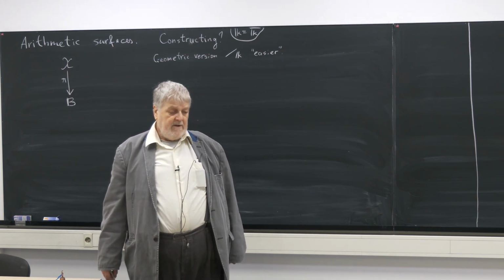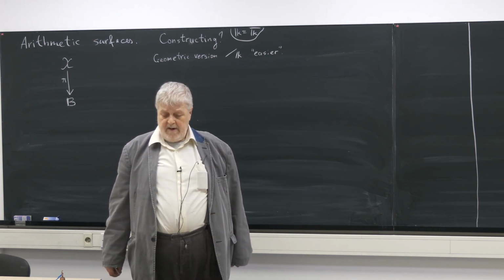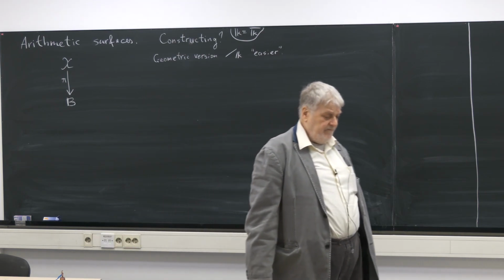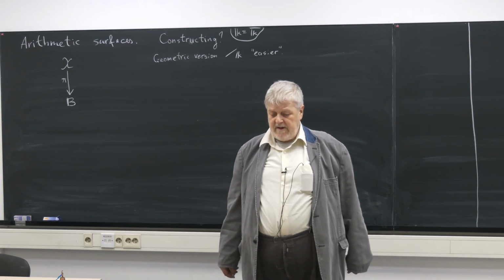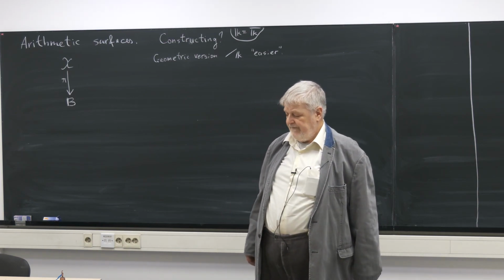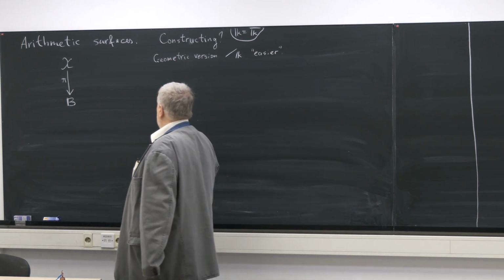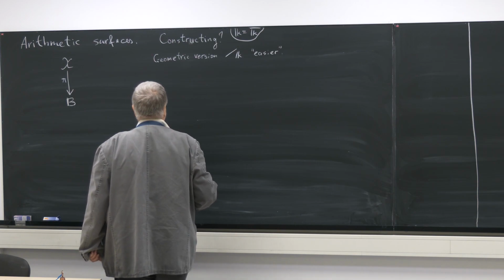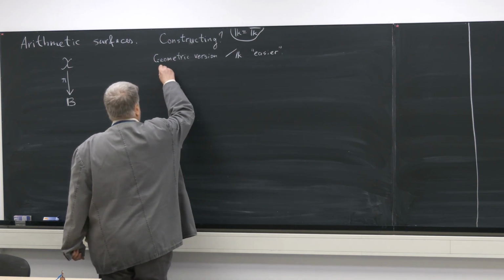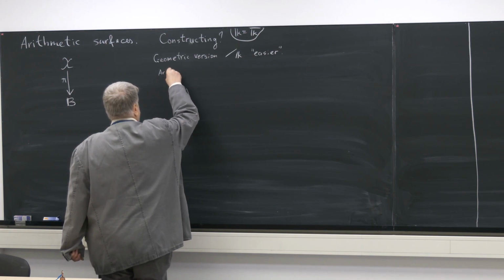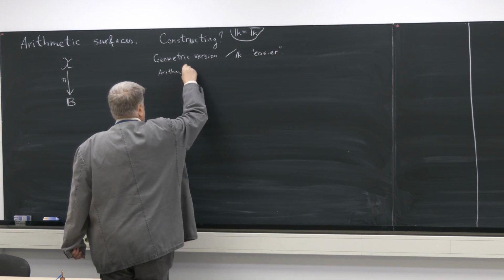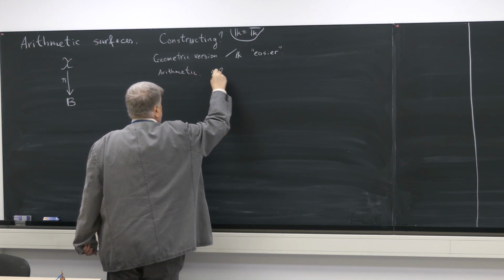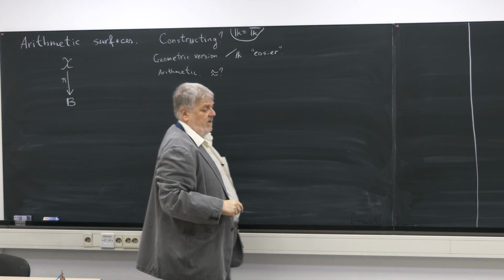However, the definitions are relatively clear, and we'll discuss them today, maybe concentrating especially on the case of genus 1 families. So, as for the arithmetic version, the equivalence is not so clearly defined. I mean,